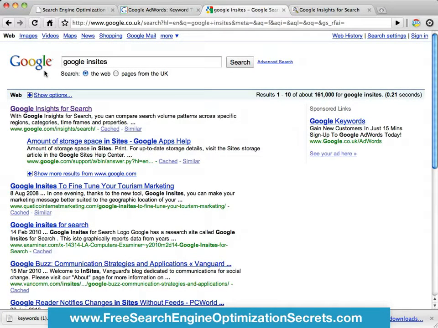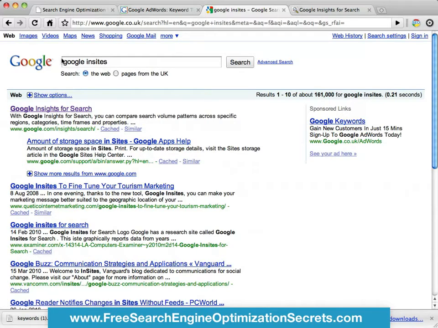Now we're going to look at Google Insights to see a keyword and see how popular it is all year round, see if it's actually popular at all. If not, you might be getting good searches, but if it's coming from the wrong crowd or a wrong country that you don't want to target, there's no point in targeting it because you're just going to get wrong traffic, and that's what you don't want, basically.